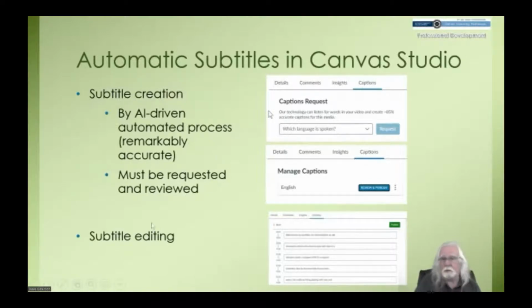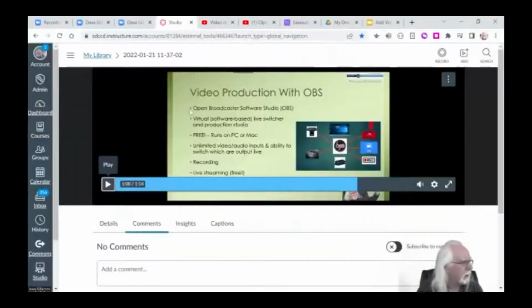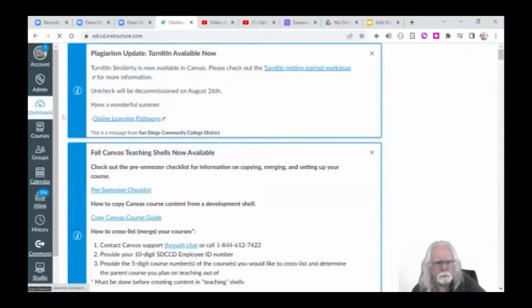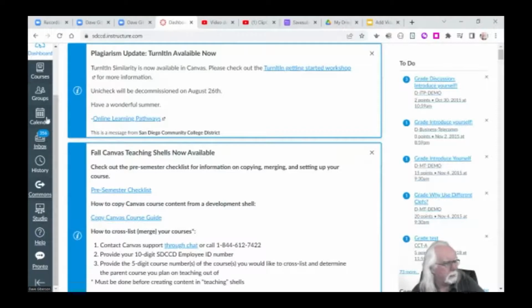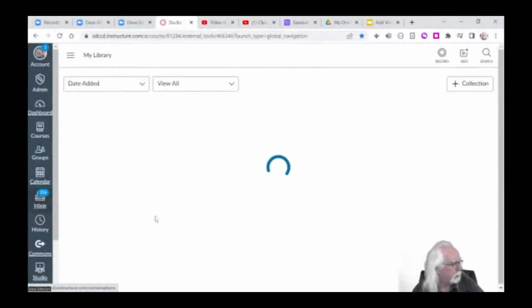And you can also edit the subtitles in Canvas Studio. Let's take a look at how that works. It's easy. Canvas Studio is accessed, let me jump back to my dashboard here. I'm logged into Canvas. You access Canvas Studio from the Global Access menu, the gray bar on the left-hand side of every Canvas screen. Everybody has this link. It's labeled Studio. It looks like a little monitor with feet. I don't know where that comes from. You click on that